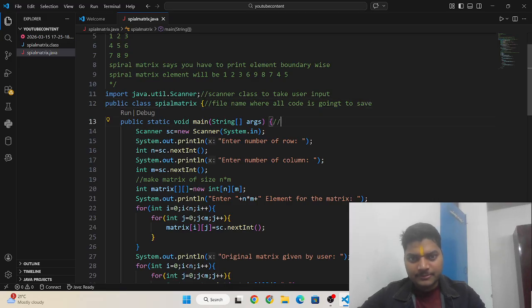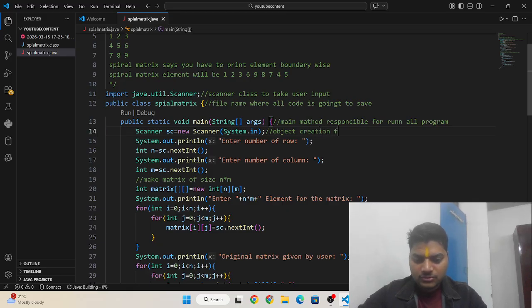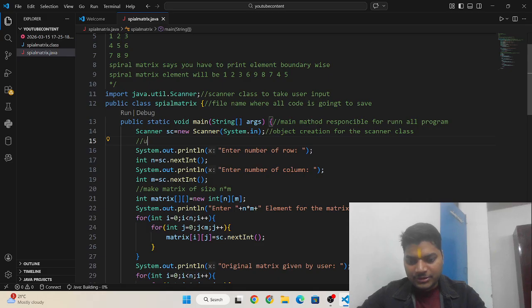This is the main method, responsible for running the whole program. This is the object creation for the Scanner class, and this is the user input for row and column.